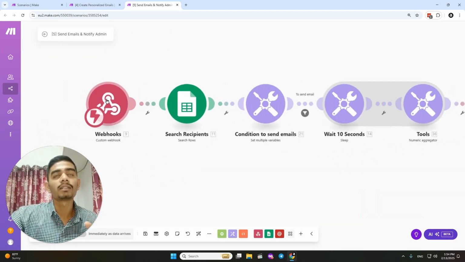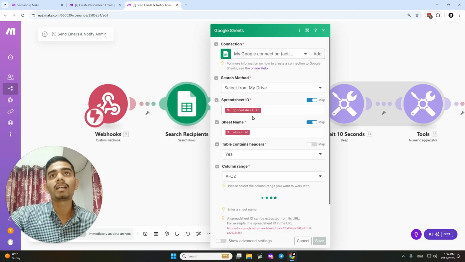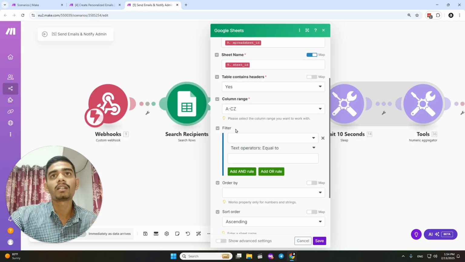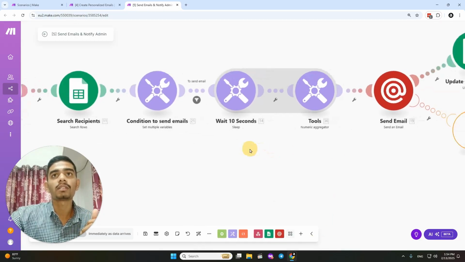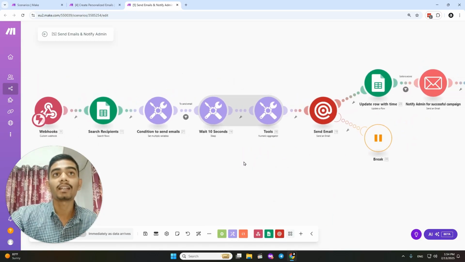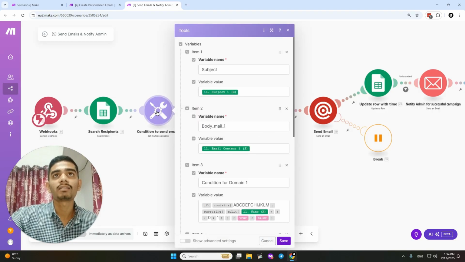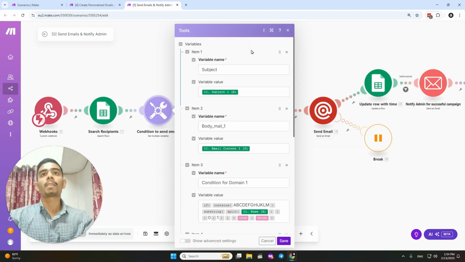So this is the webhook. This will get triggered. We'll get the spreadsheet ID and the sheet name, and then we just search the rows. No filter, we'll search all the rows, and then we need to set up a condition. Again, we'll be using multiple domains here, different types of emails, different email bodies, but in this one, it's going